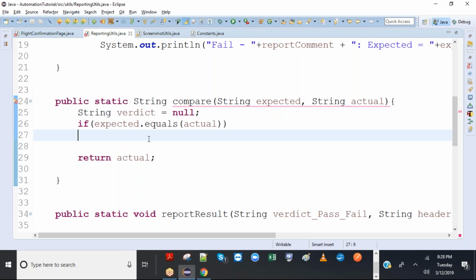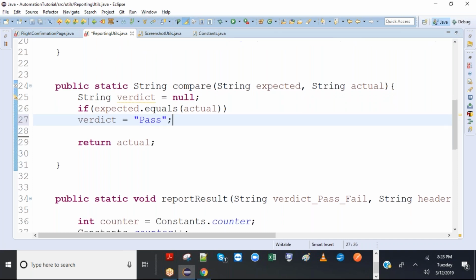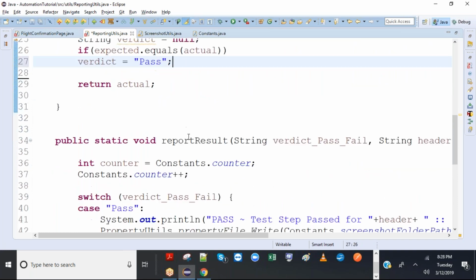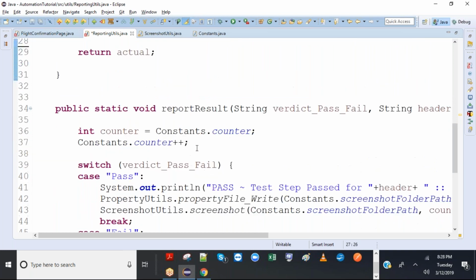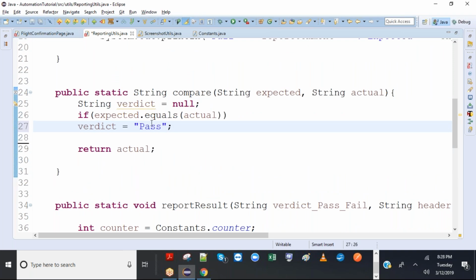All right, so if expected.equals(actual), you want to set the verdict. What do you want the verdict to be? Pass. Here I am passing the exact string literal Pass, with a capital P, so that it matches the switch case. If you put small, you have to put in both, otherwise it won't match. So it has to be exact.